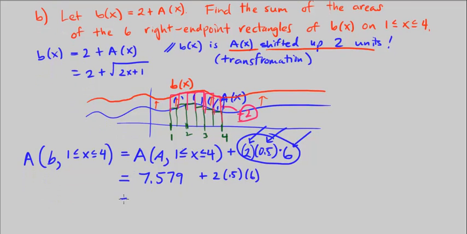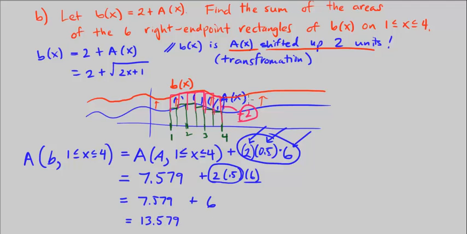Okay, so let's move down. We get some more room. 7.579 plus, right, order of operations. We're doing multiplication first. 2 times 0.5 is just 1. So that's just going to be 1 times 6, which is just 6. So if we add 6 plus 7.579, we get